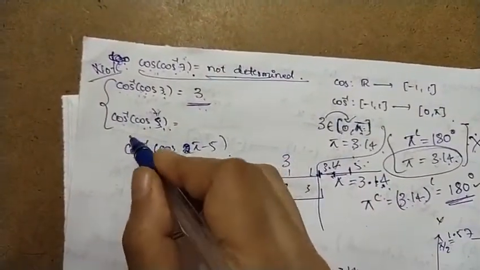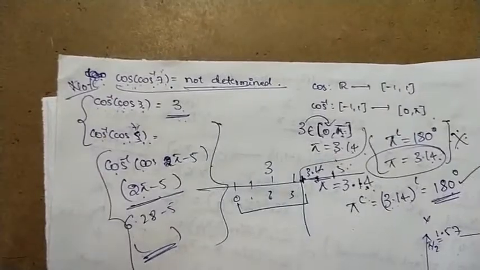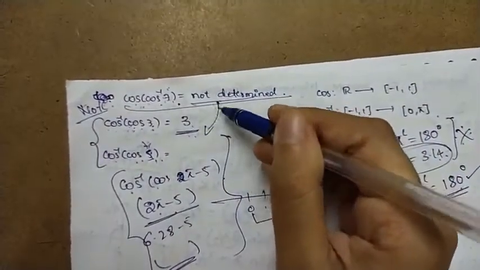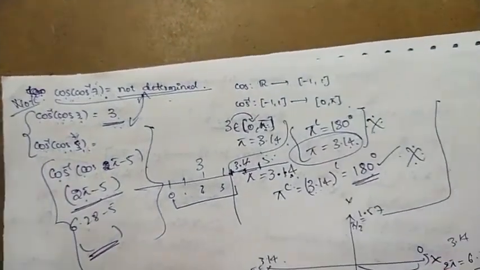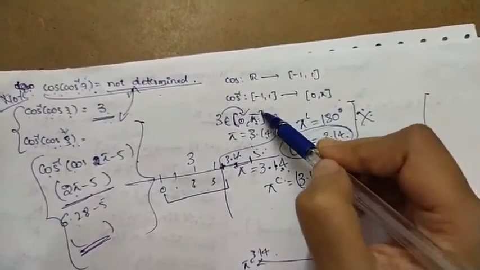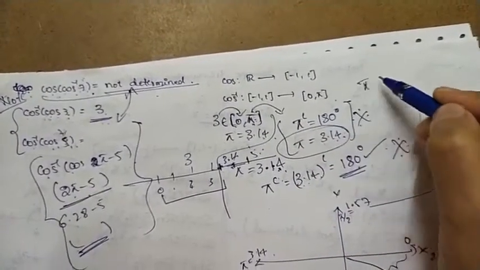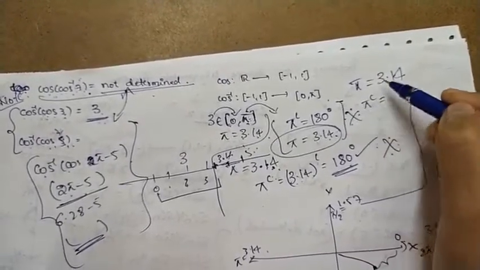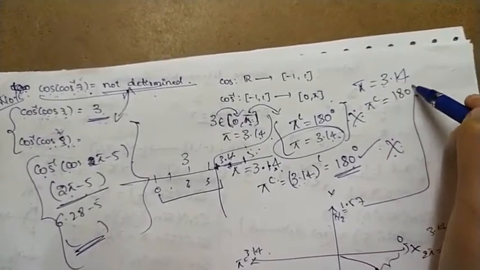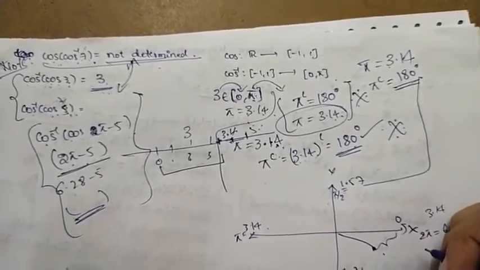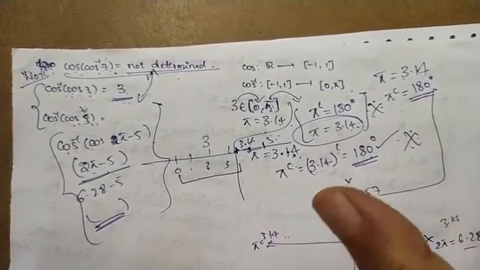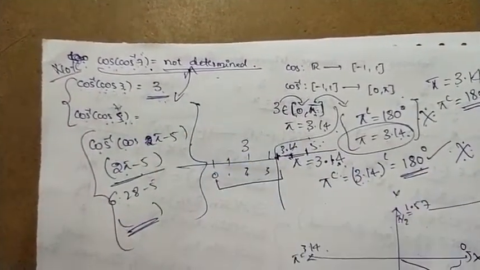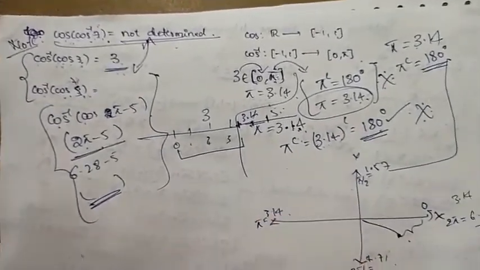This is why I included this concept here, so you people should not get confused with both these two types of questions. Another reason I explained it is to understand the meaning of pi and pi radian. So pi is 3.14. Pi radian means the radian value of pi, which is equal to 180 degrees. These two concepts are very important basics that you need to know, so that's why I explained this in brief.